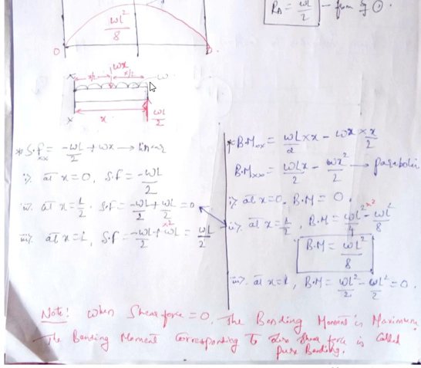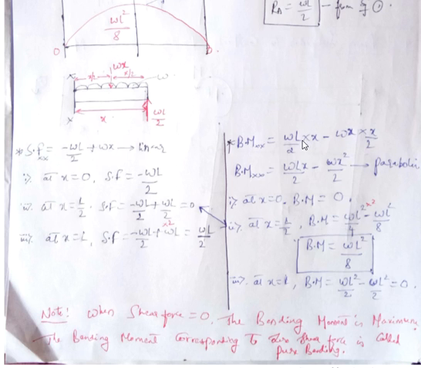Then again there is one more force, which is Wx at a distance of x by 2. But if you look at this direction, this force will try to bend the beam in the downward direction like this. When it is bending the beam in the downward direction, the sign convention which we use is negative. So I'm representing it as minus, and the force is Wx into the perpendicular distance x by 2, Wx into x by 2.